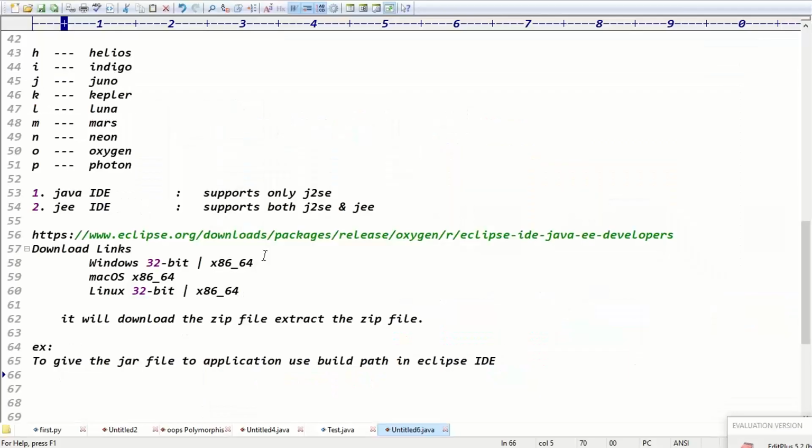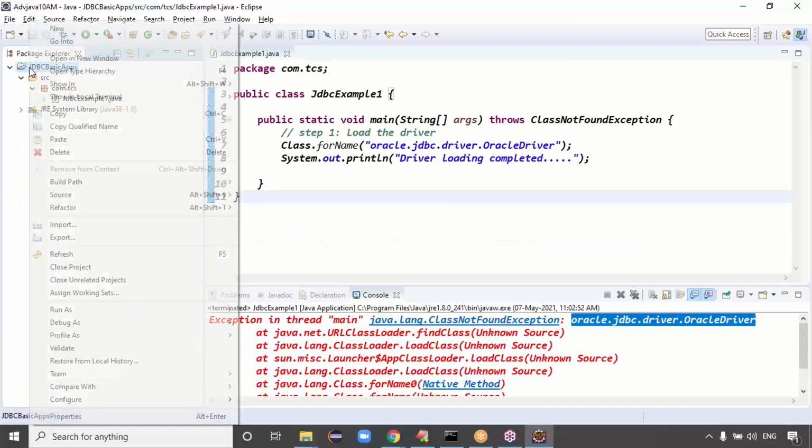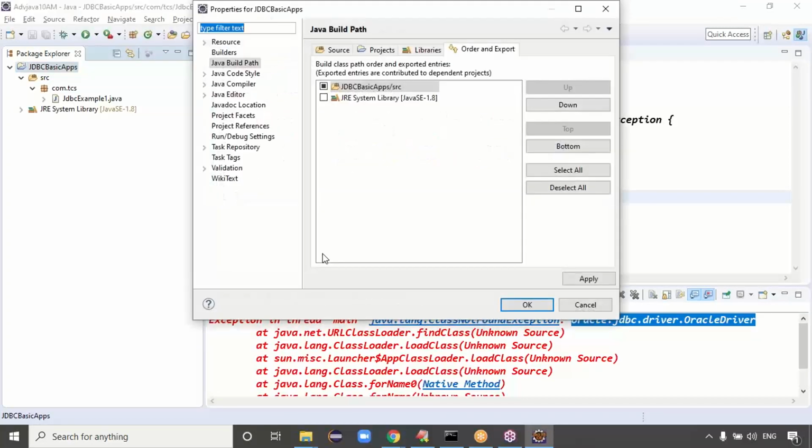So right click on the project, build path, configure build path. Click on configure build path.